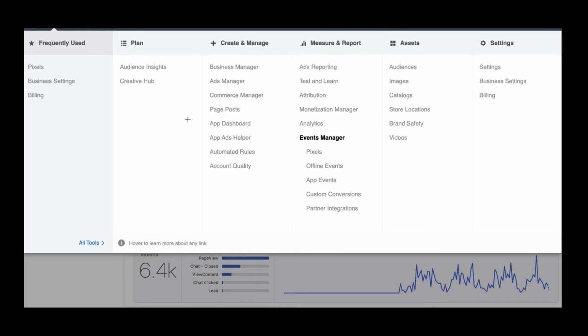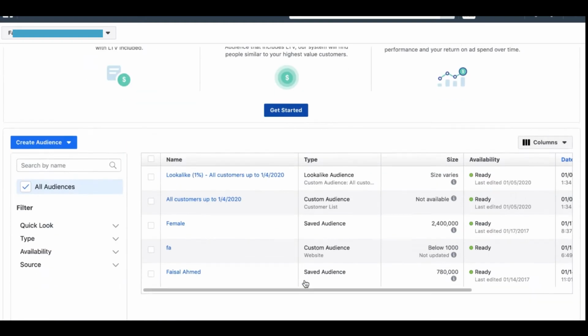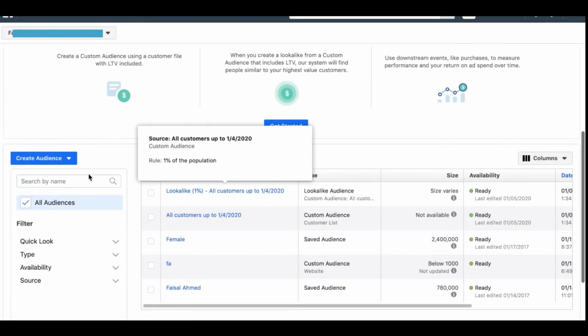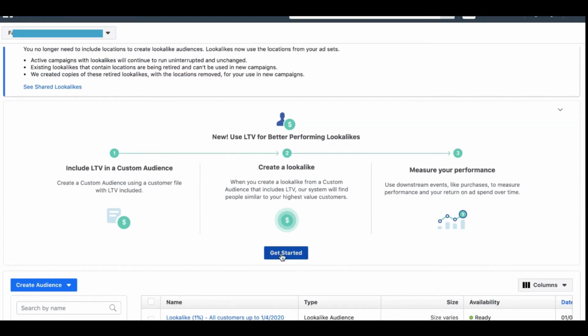So on MailChimp, if you're using MailChimp, you need to open up your audience, whichever ones you want to give Facebook. And you need to export all of the emails, all of them. And then you want to open your business manager and go to assets and audiences. When you go to audiences, and this is the first time you're doing this, you're going to get hit with this page. You'll be able to create custom audiences. You can get started,